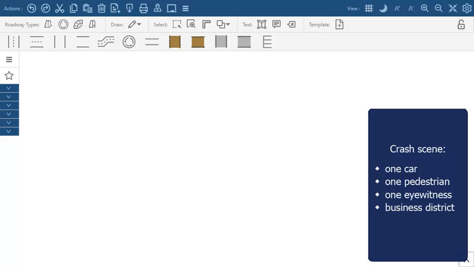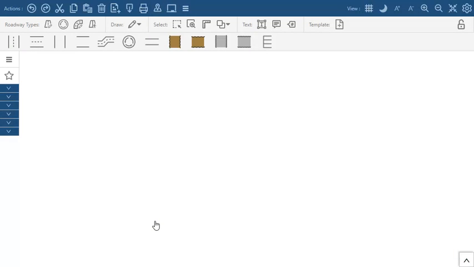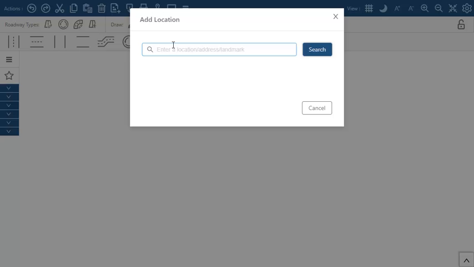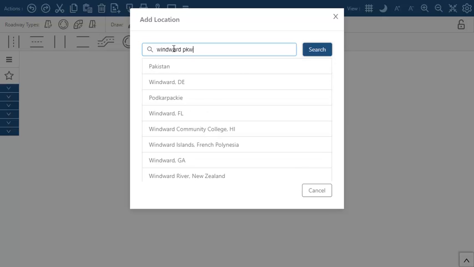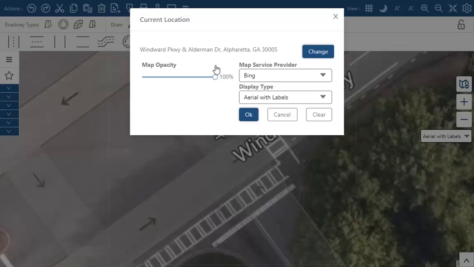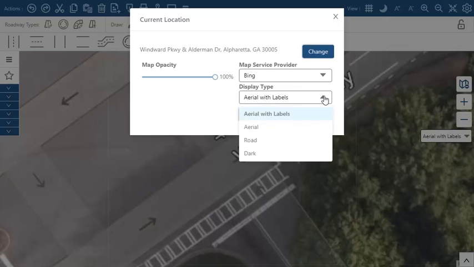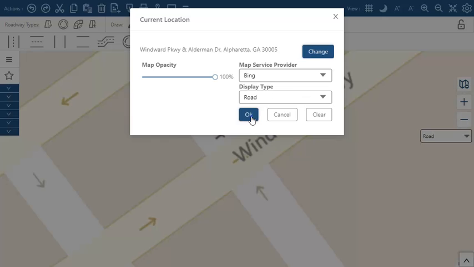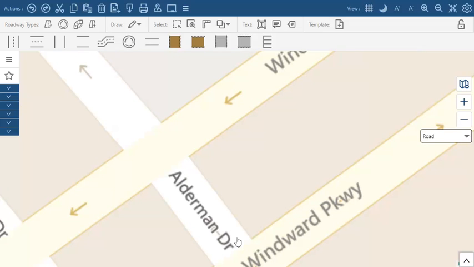We want to depict the scene of an accident involving 1 car, 1 pedestrian, and 1 eyewitness in a business district. In our example, we'll use the Set Location tool to acquire a map of an intersection. We will select a display type that works best for our needs. We will zoom out